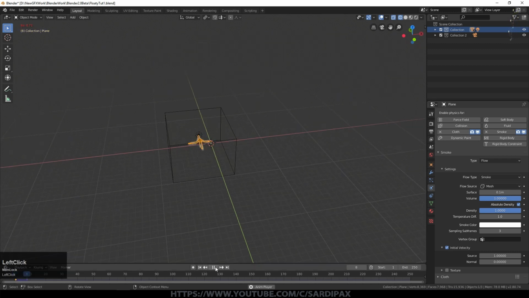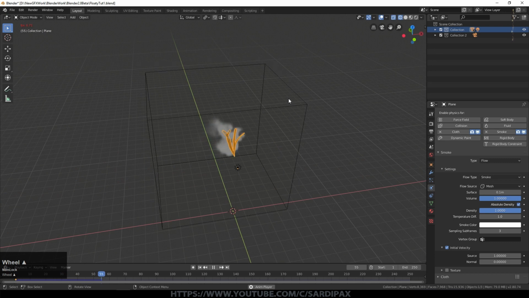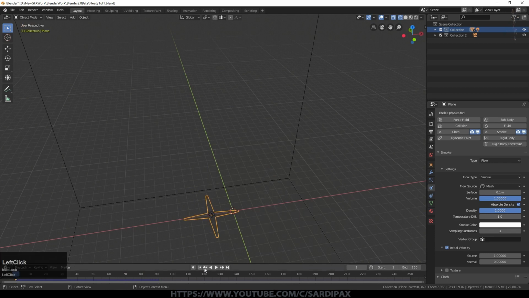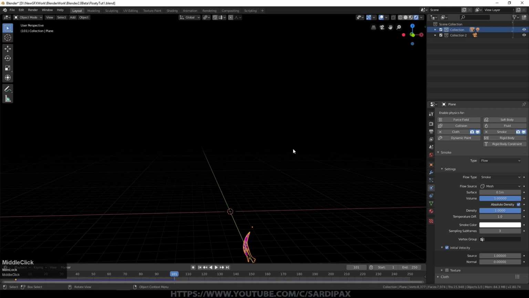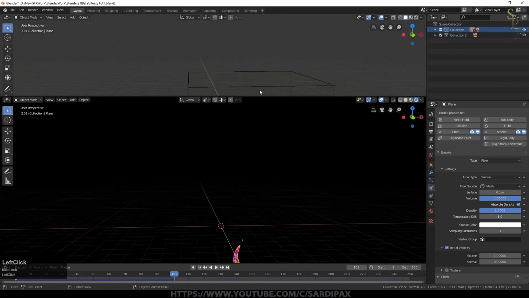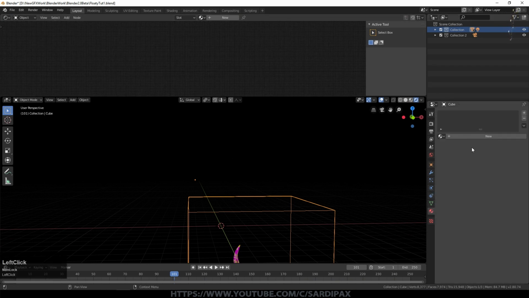So let's just click play on that, and you can see our object is creating a little bit of smoke around itself. That's not too bad actually. It won't render at all at the moment because we haven't given the smoke any properties. But of course that little light that we've got parented should be illuminating that smoke. If I go to rendered view, we can't see anything at the moment, and that's because that smoke has no material. So in the shader editor, with the smoke selected, I'll say new.